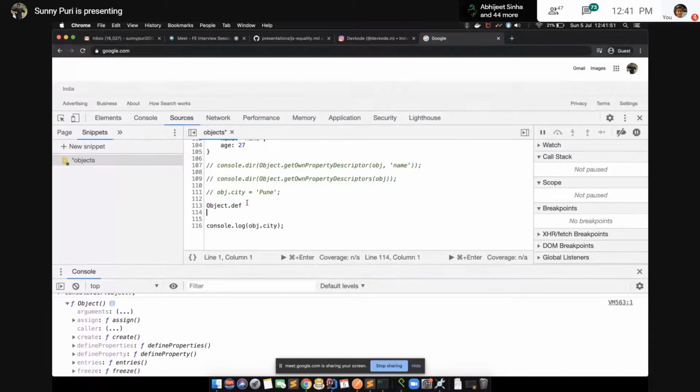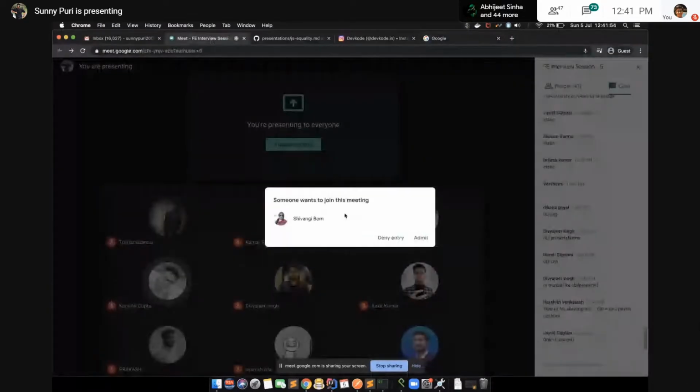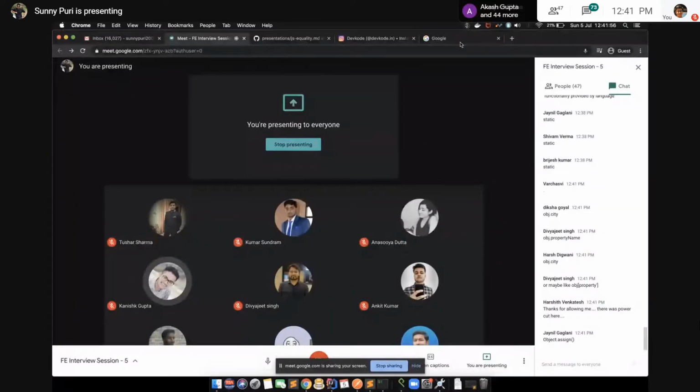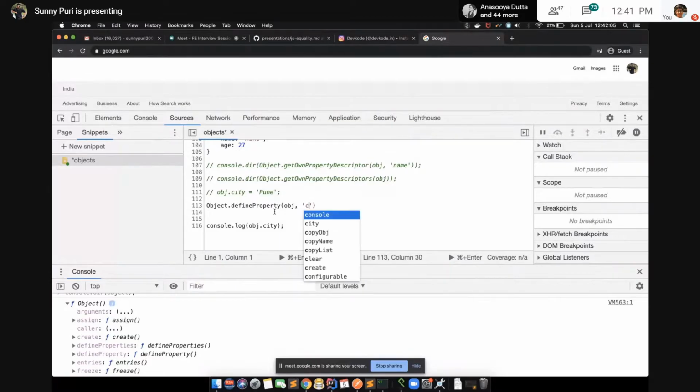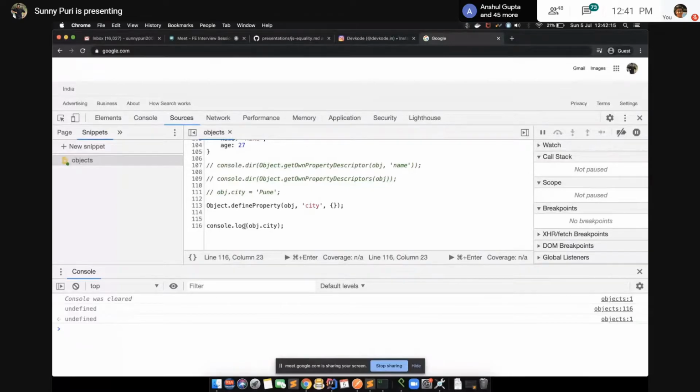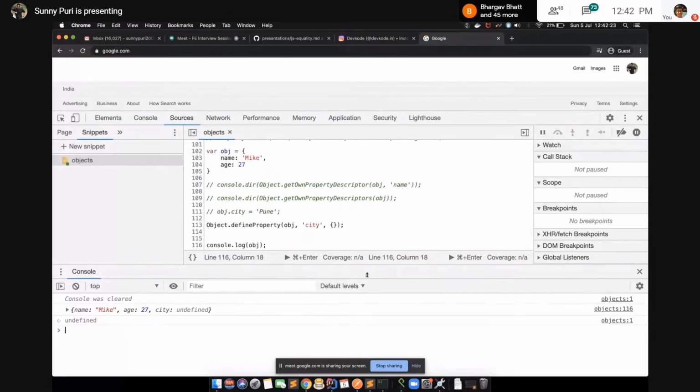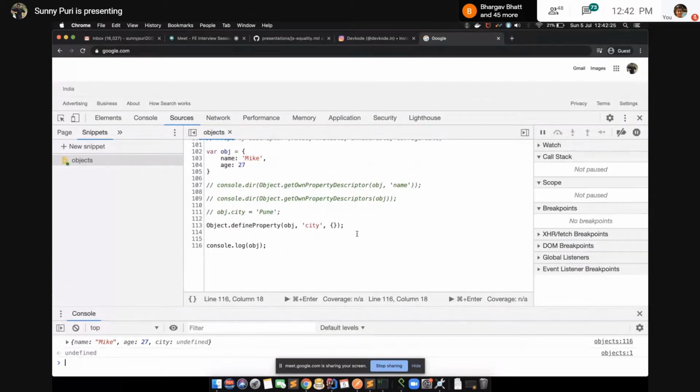Object dot defineProperty. We are passing an object, then the property name. For now, just make this empty. Okay, just run it. Let's say if I print object, what will come? City has been added as an object property.